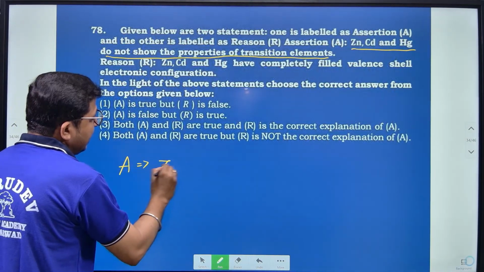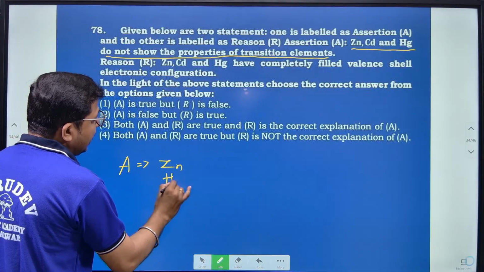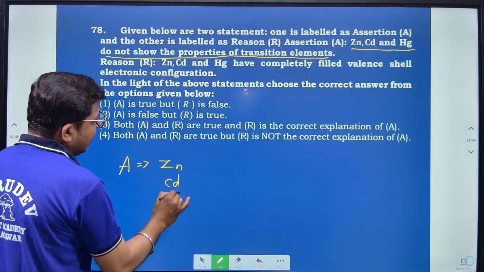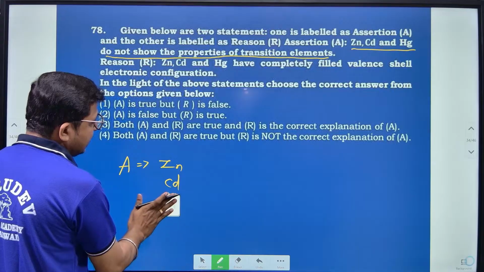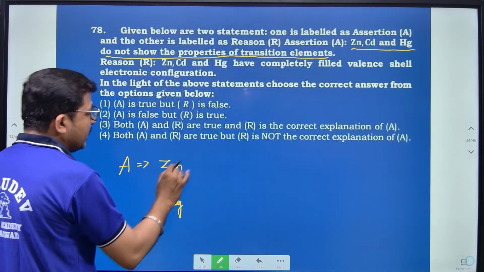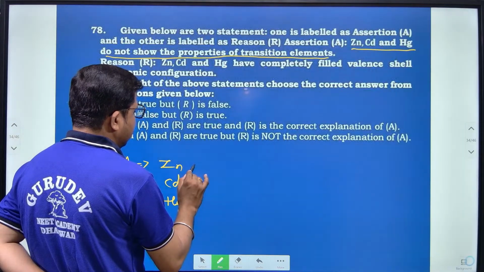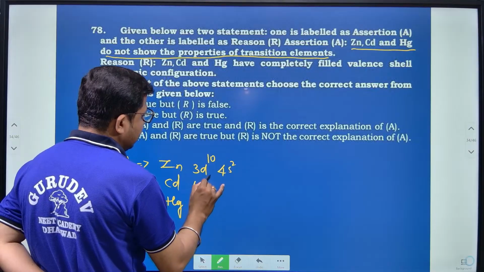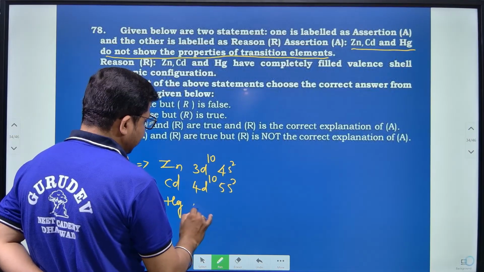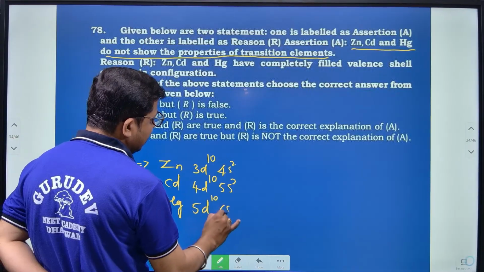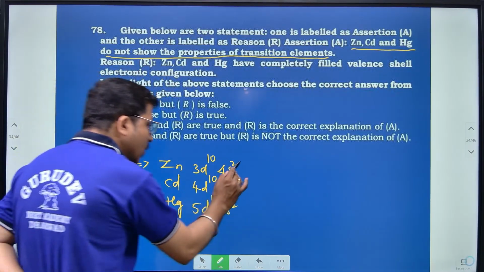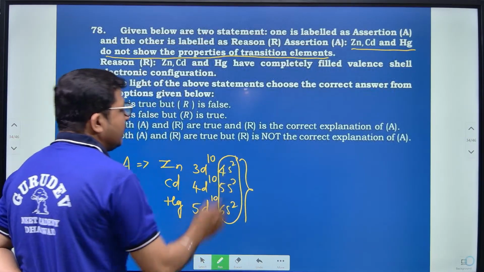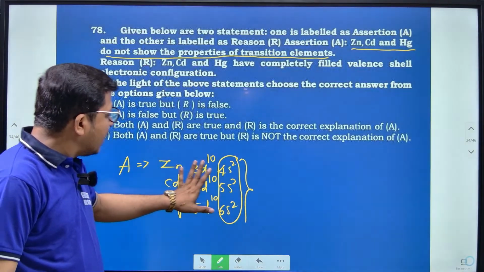See here, zinc, cadmium and mercury. Mercury is Hg, right? The configuration is 3d10 4s2. This is 4d10 5s2. This is 5d10 6s2, right? So these three, even in their common oxidation state as well as the atomic state,